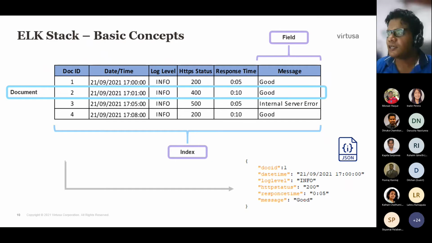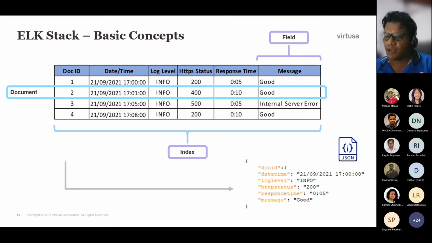So the document will have data. A table has fields, the columns, what we call column headers. That maps to the field. If you get one document, message is a field which has a value on it. There is no rocket science. It's very easy when you map it to the database model.